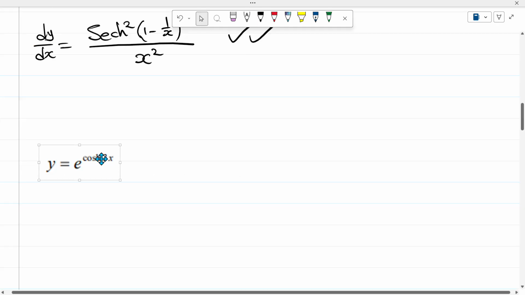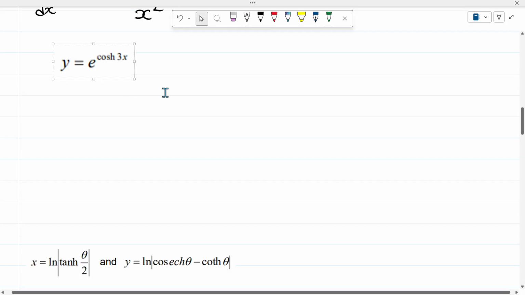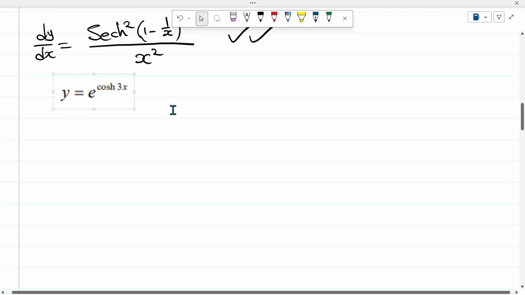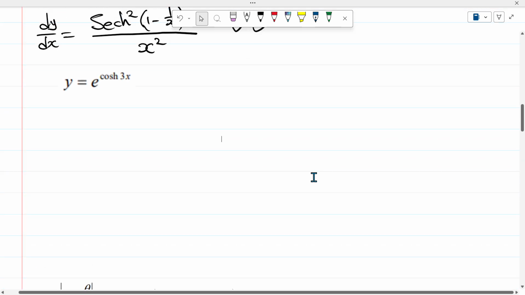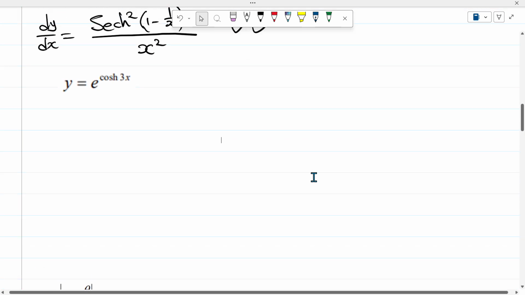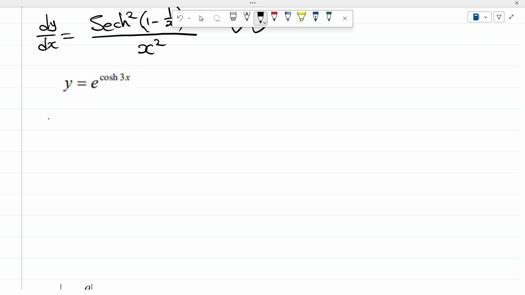And then of course we can solve a lot of problems here. Another problem could be this one that I'm about to write here. So now we have y, which equals e to the power hyperbolic cos of 3x, which is just going to be dy/dx, which will just be equal to